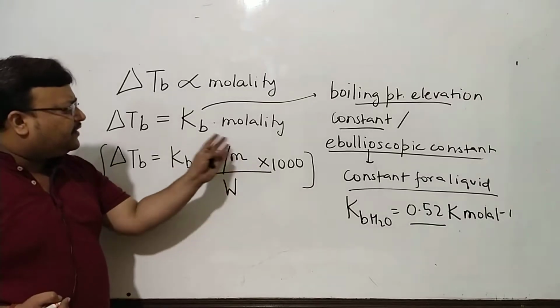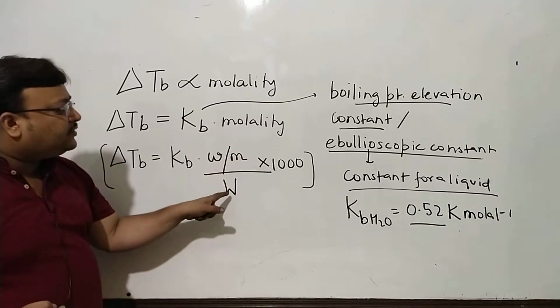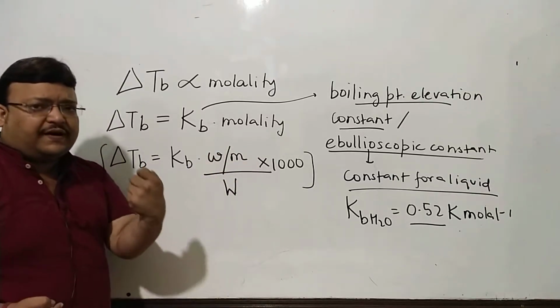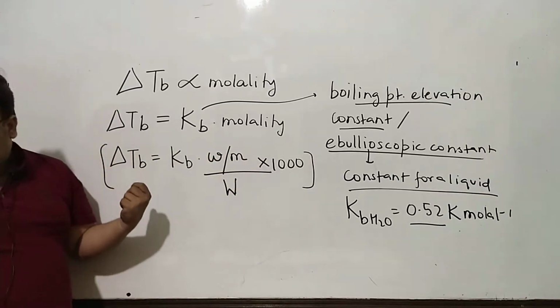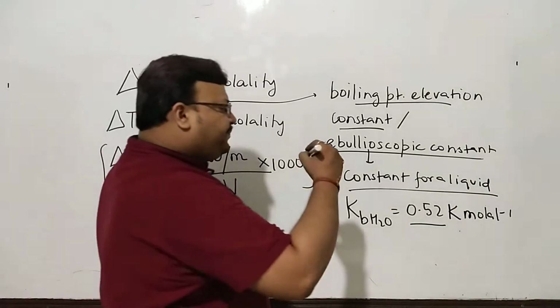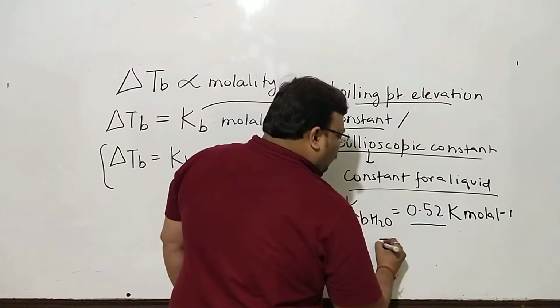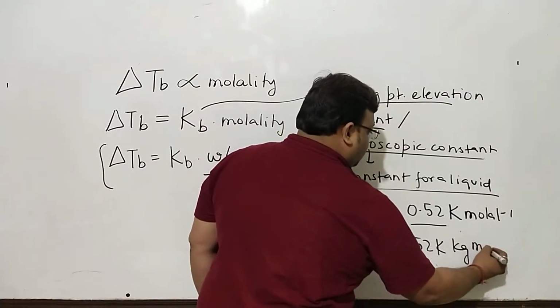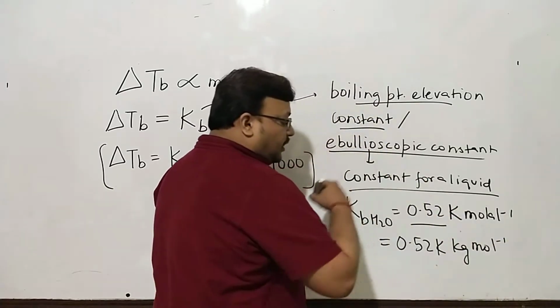I mean this is understood, I believe. Molality is number of moles per gram into 1000, which is number of moles per 1000 gram or per kg of the solvent. It's a colligative property. Now you'll want to copy this at your convenience, as I told you. Per molal could also be written as per mole.